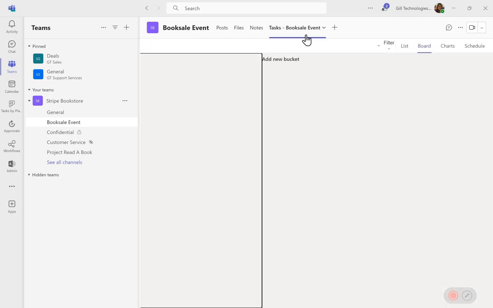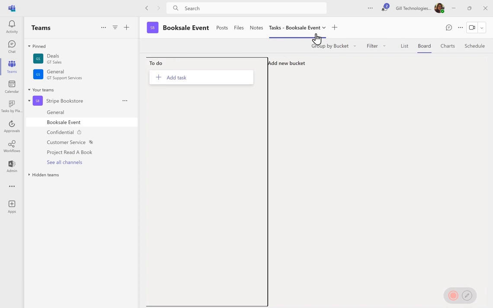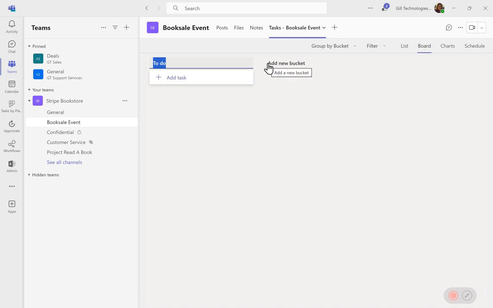We are doing this in Planner. This is called Planner, and these are called buckets that we can create in each planner. You can simply come and change the bucket names to something that is suitable for your scenario. Because I'm creating a planner to assign tasks for my book sale event, I'm going to name these buckets as